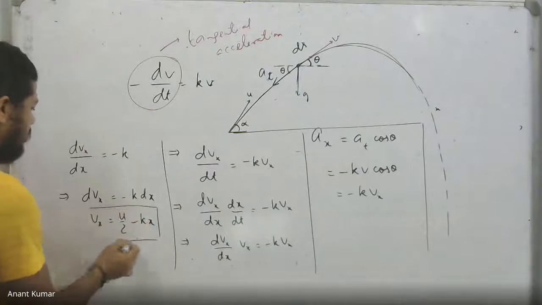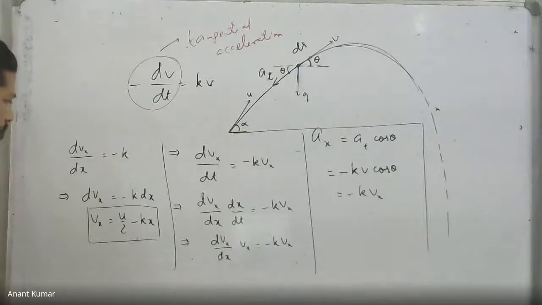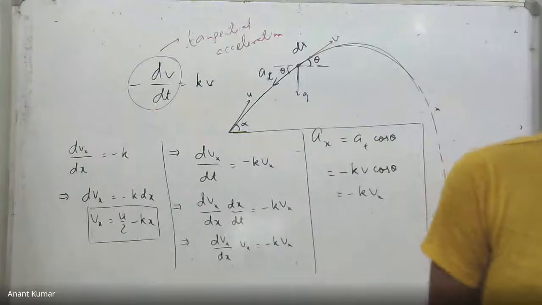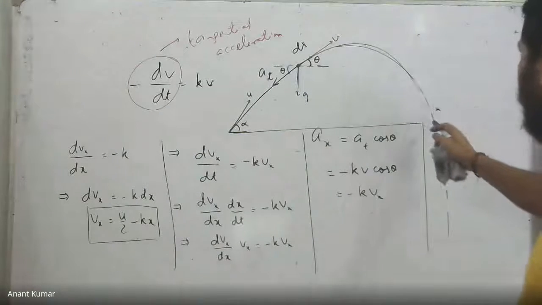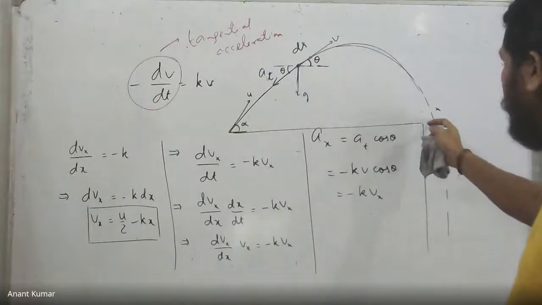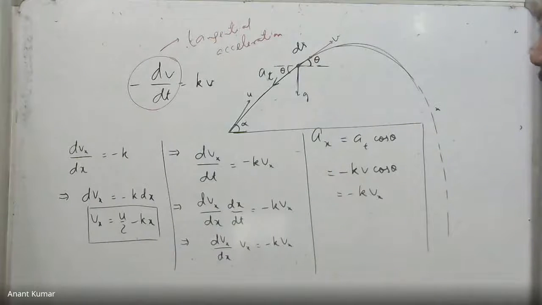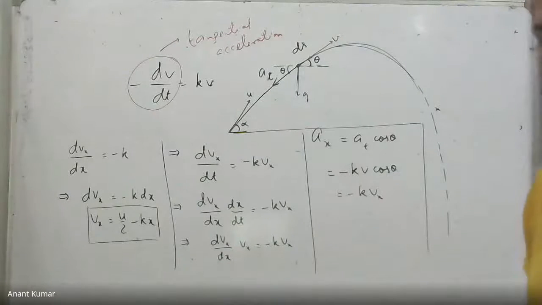This is how the x velocity varies, which quite obviously becomes 0 when x is equal to u by 2k. And that is what you have got as the answer over there. That is the point which should technically match the horizontal range itself, so that it just goes to zero velocity at this point, and therefore it just falls straight forward. That is why you end up getting the answer x equal to u by 2k. That gives us 40 by 2 into 0.1, giving us 200 meters.